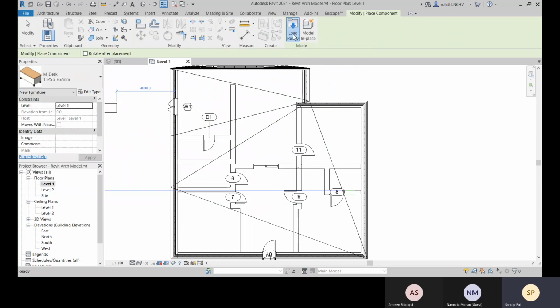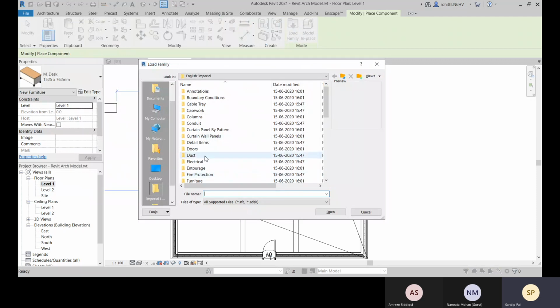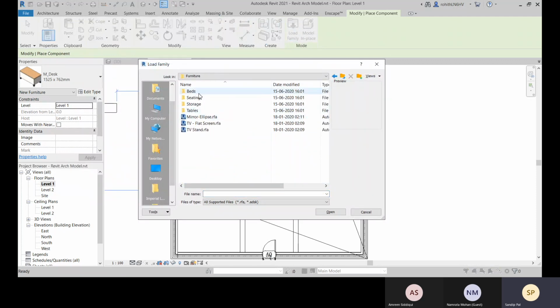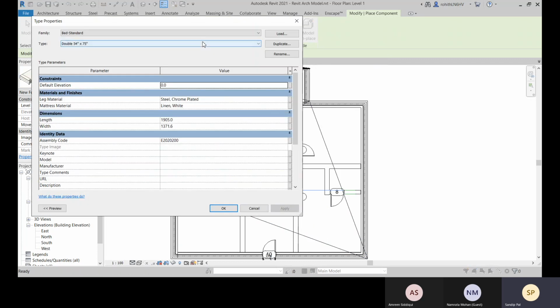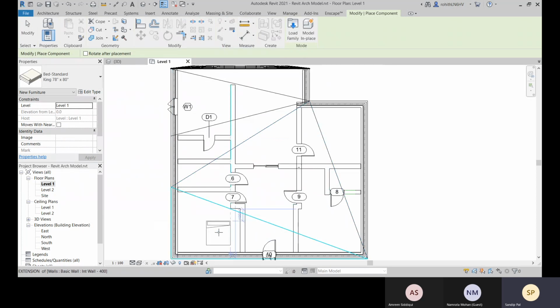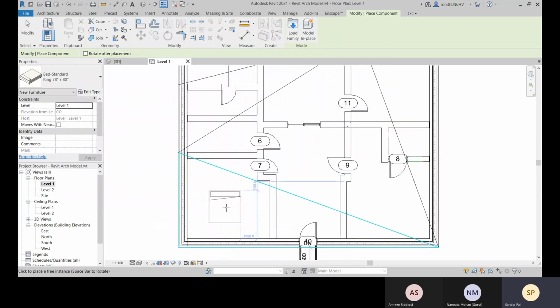So you can load some families over there, like come to furniture, and there you can apply this. And you can change the type if some others are listed, so you can change it from here. All right, click on OK, and let's place it over there.